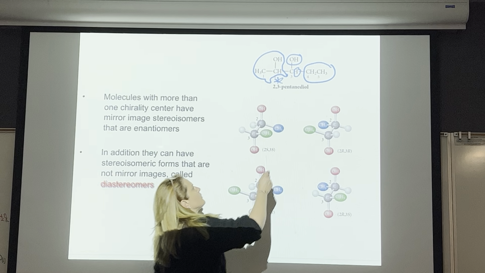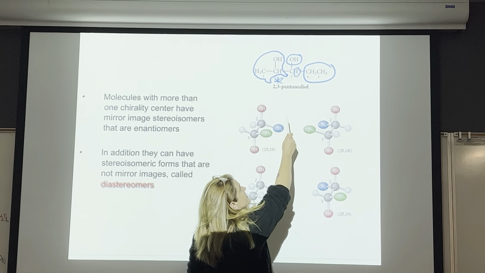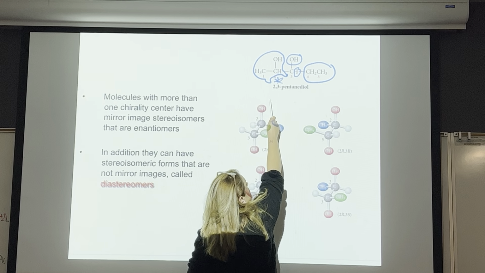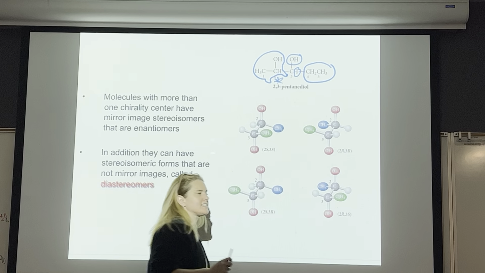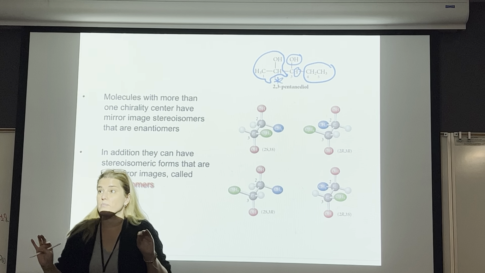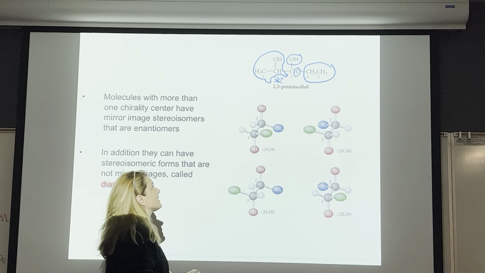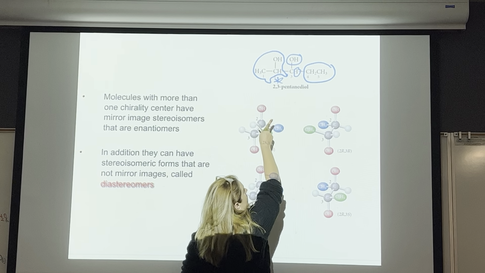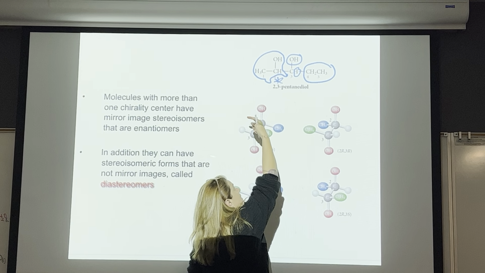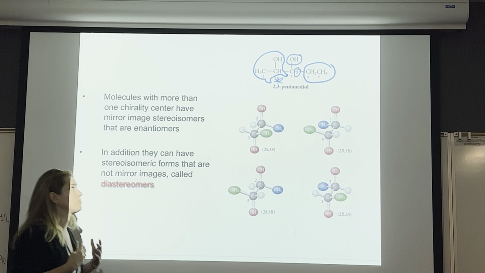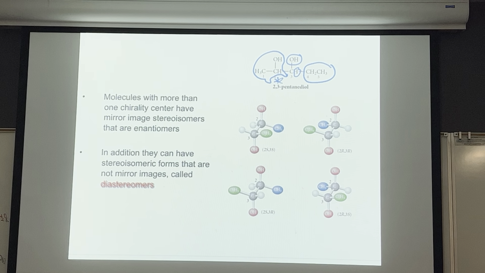Now, when we have a cyclic structure, so say carbon 2 and 4 were somehow connected like that, sometimes it just like frazzles our brain. But what you can think is, if you're heading on a drive that way, do you see different things than if you're going that way? And the answer would be yes on this one, okay? So don't let the cyclic structures bug you. So yes, number 3 is chiral.